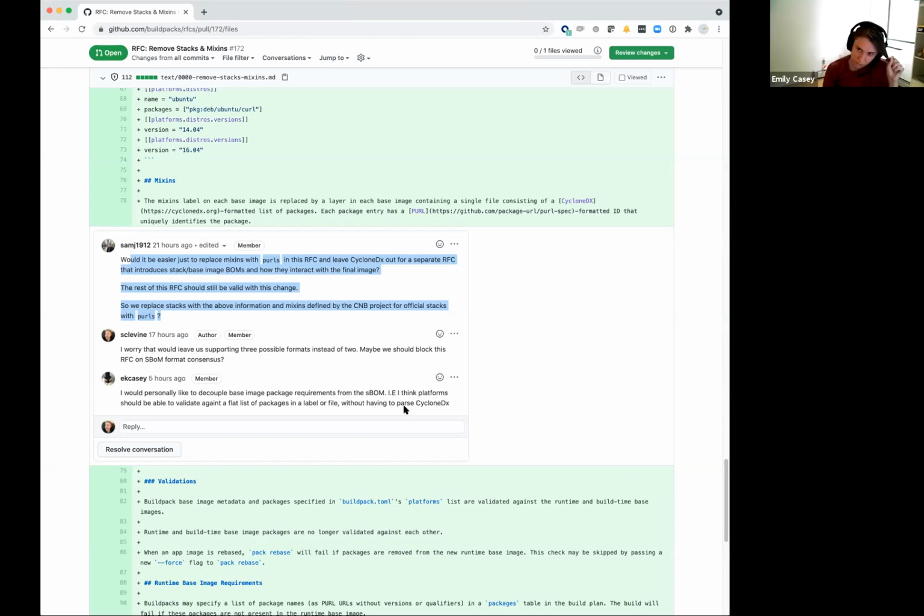I'm okay with blocking. So this one's blocking the other two. I'm okay with blocking this one on the BOM one if we feel like we need to decide for CycloneDX first. But I want to talk about what if we change the format? Because we're telling buildpack authors this is the format, and you have one format, and this is what you're supposed to output. Because otherwise, any buildpack that doesn't output it spoils the BOM, right? Or if it chooses to use a different format, you're just never going to get the data you want.